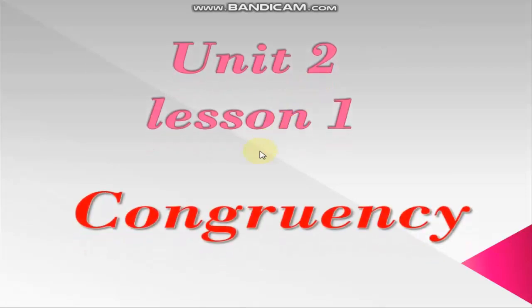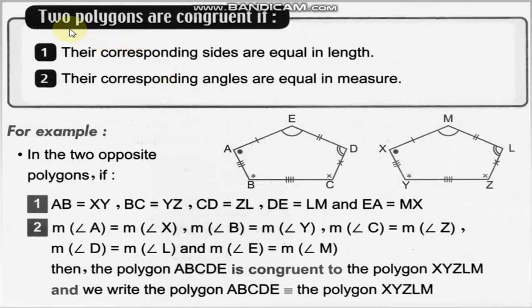It's about congruency. At first, what is the meaning of congruent? Two polygons are congruent if their corresponding sides are equal in length and their corresponding angles are equal in measure. For example, in the two opposite polygons, if